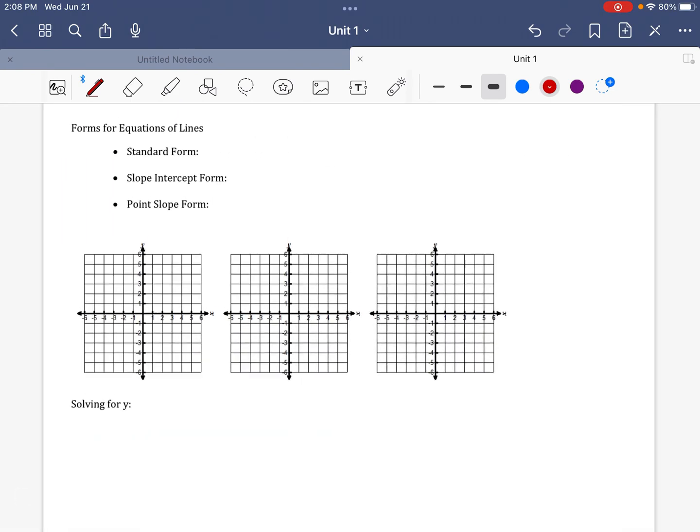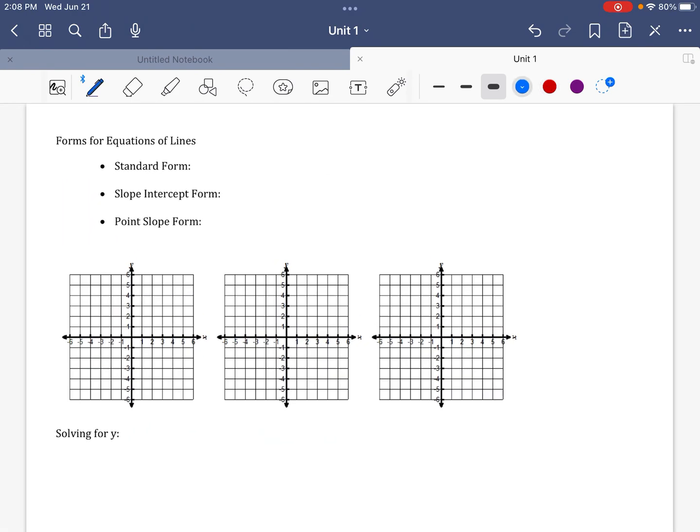All right, so let's look basically at the equations of lines. When you have an equation of a line, there are different formats. There's standard form. That's when you have ax plus by equals c. This is a good format for figuring out the x and the y intercepts. So for example, let's say I have